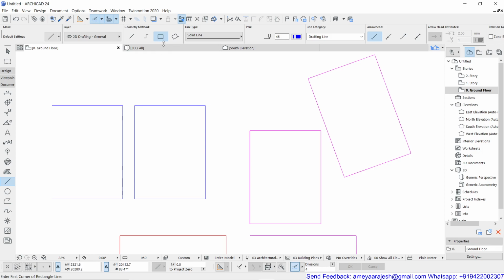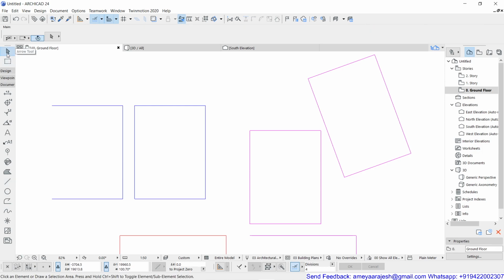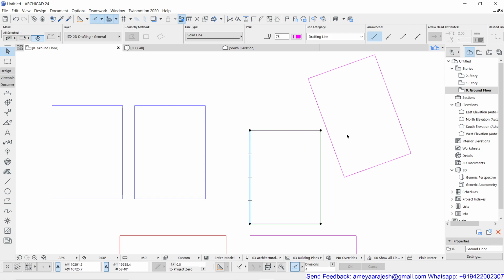So this was supposed to be, obviously, a rectangle. The rotated rectangle is going to be the same, so I'm not going to draw that now. I just want to show you the editing-wise difference between the two. So I'm going to switch to the arrow tool, W, and you will see that, as you have already seen, if I stay on this object and pick, it becomes a single object as a polyline.